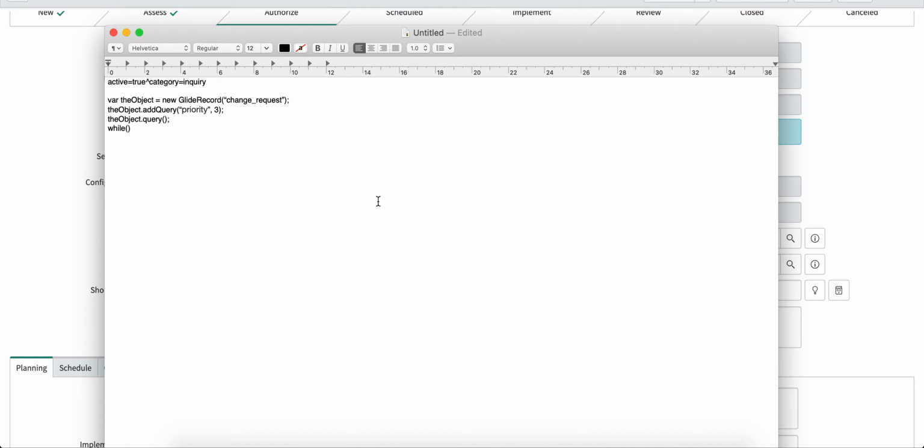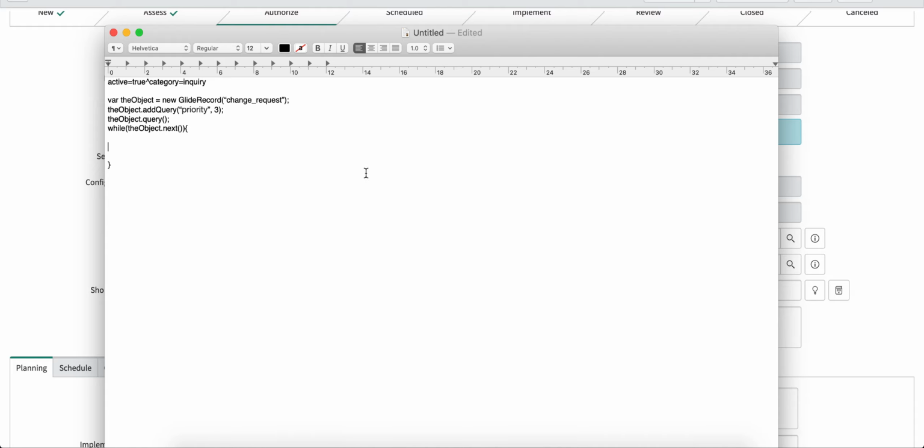So I would add this new piece of code here, that while this object dot next. Now you can just simply mug up these things. These are not going to change at all. These are like the coding standard, the coding syntaxes that need to be followed. Then I'll have a starting brace and then a closing brace, and whatever code I write here, those actions will be performed on those 30 records, 30 change requests which were filtered by this